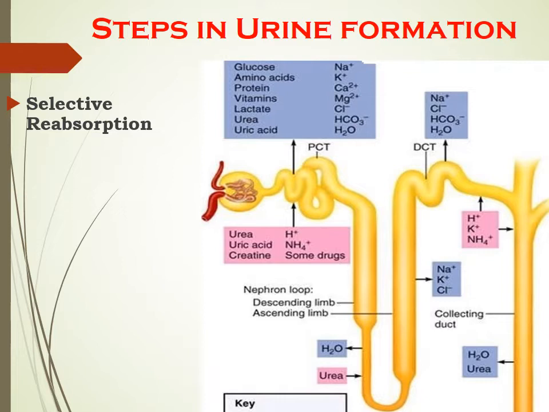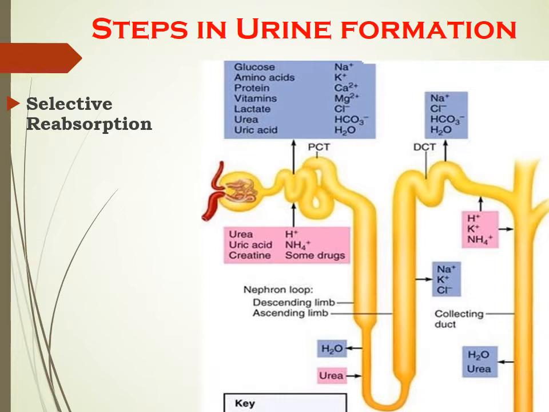Now you have to observe two important blocks from this figure. These blue color boxes talk about selective reabsorption and this pink color box talks about something else. Correct? Now if you see these blue color boxes, just below them, you will see that the arrows are coming out from the nephron. Correct? PCT, if you see the glucose, amino acid, protein box, just below it, can you see this arrow is coming out